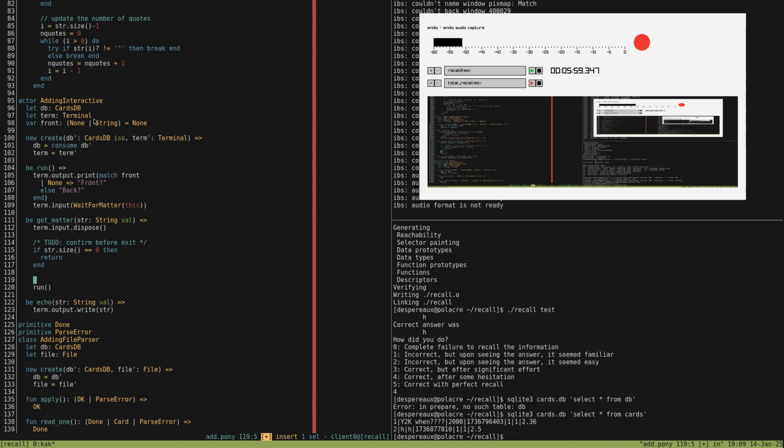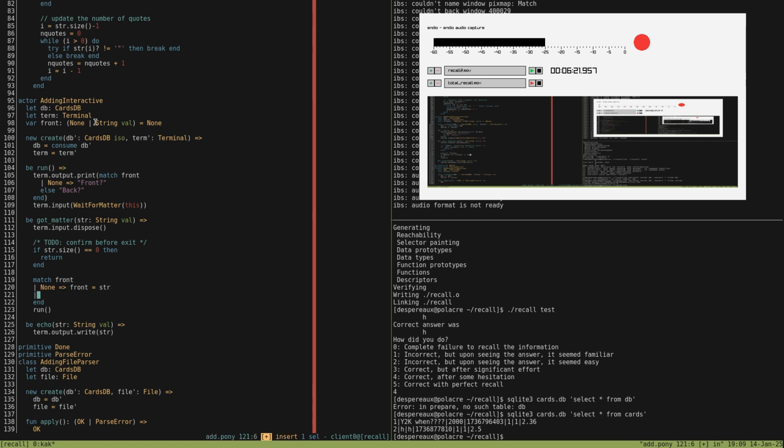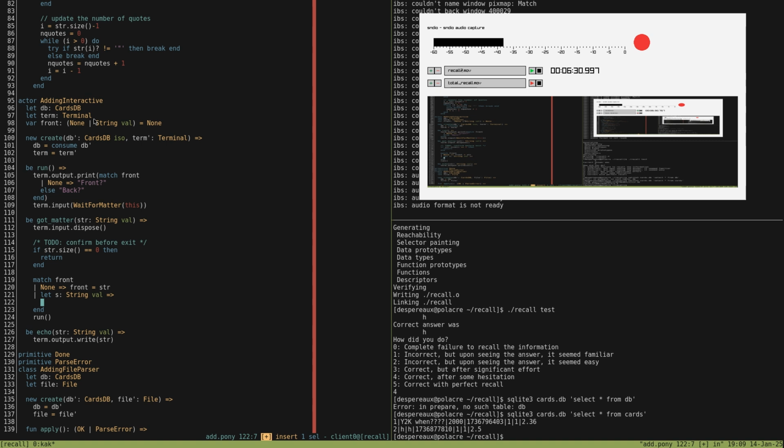Otherwise, what we want to do, so we want to match on front. If front is none, then we want to set front equals to string. And I can't remember if strings are by default ref or not, but we'll make it val. And otherwise, so this is a string val. Otherwise, we want to